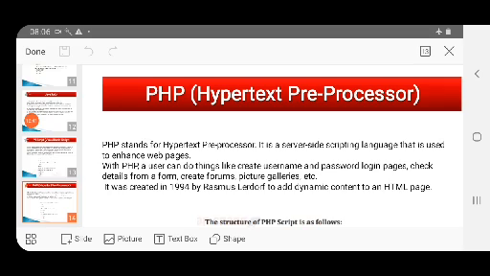Now next we have got PHP. It is hypertext preprocessor language. You would have heard about PHP. This is again a client side scripting language.